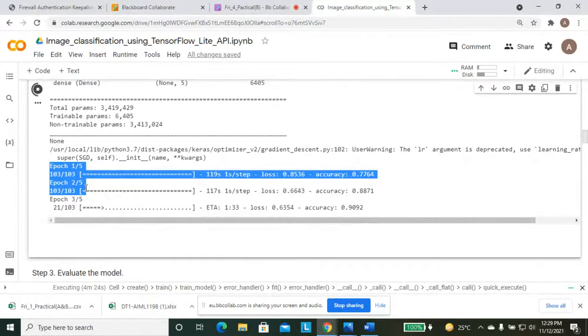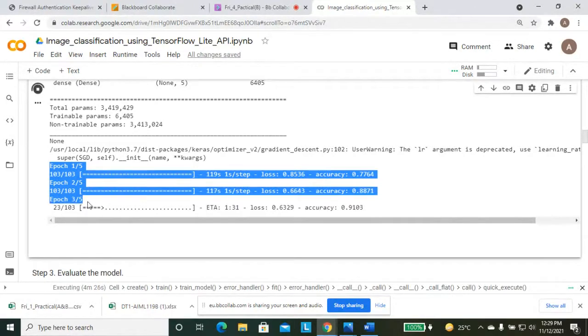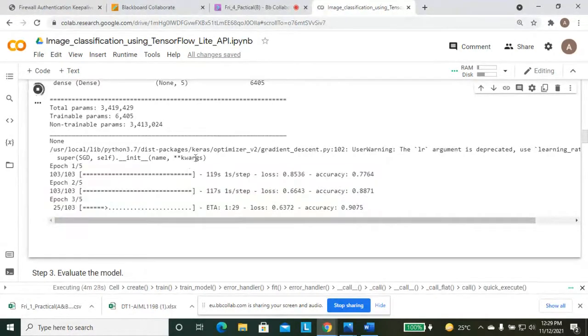So 1 by 5, 2 by 5, now it is 3 by 5. Step by step, you can also see accuracy is increasing: 77%, then 88%, then 90%, more than 90%.